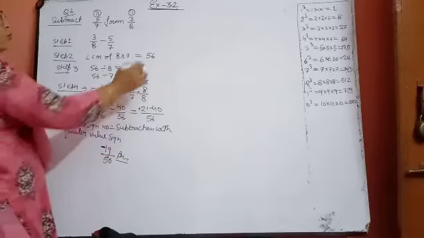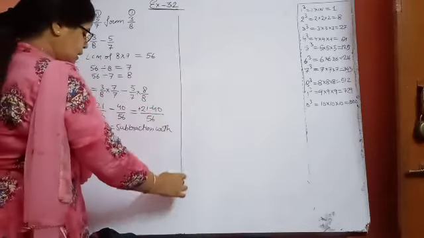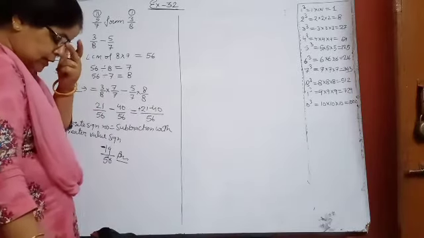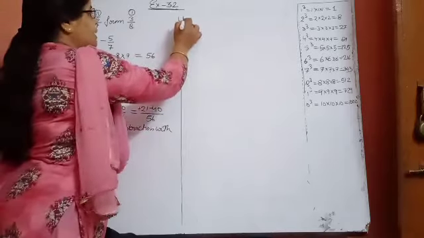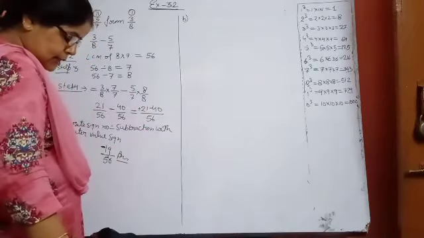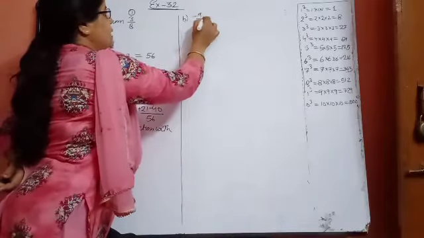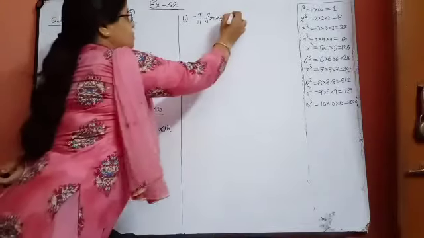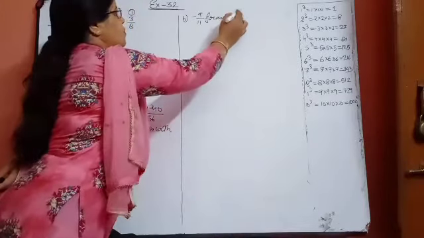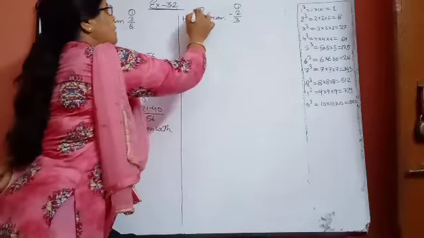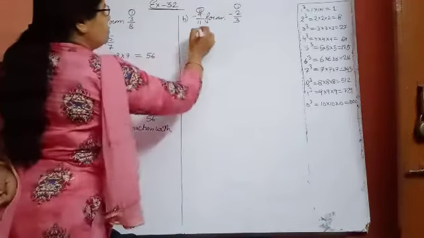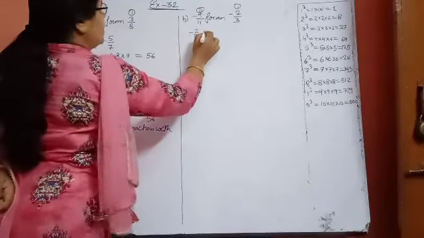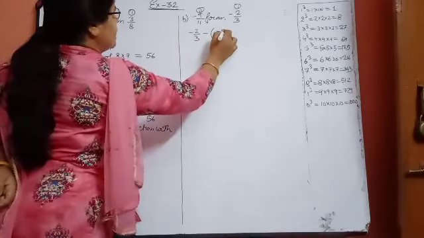So one more part I am going to do of this question, and then the rest of the parts, beta, you will do yourself, because the rest of the procedure is the same as we were doing. B part I am taking now, and what is that? Minus 9 upon 11 from minus 2 upon 3. From means this will come first, this will go in the second position. Okay, now see that, write minus 2 upon 3. Then subtraction, what sign are we using? Minus, and it is already minus 9 upon 11.